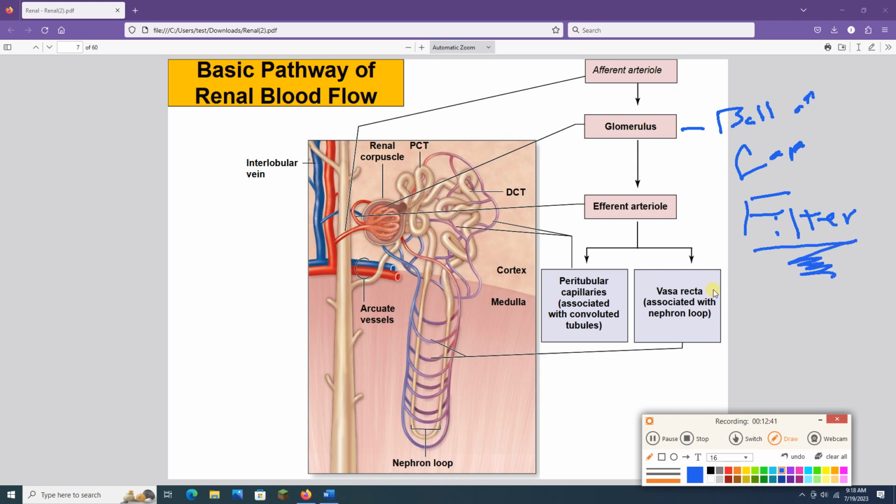It is the first step of urine formation. Each of your kidneys is going to probably have about 1 million of these glomeruli in the cortex. So each kidney has about 1 million of these glomeruli. Each glomerulus is a ball of capillaries where we are going to filter the blood, which is the first step